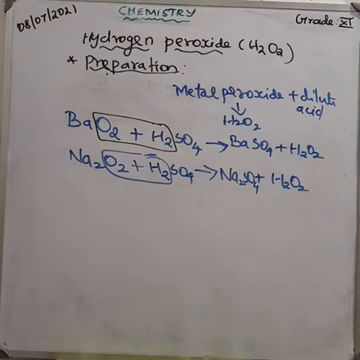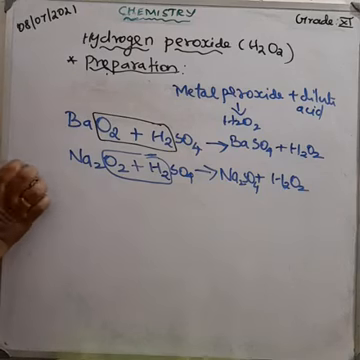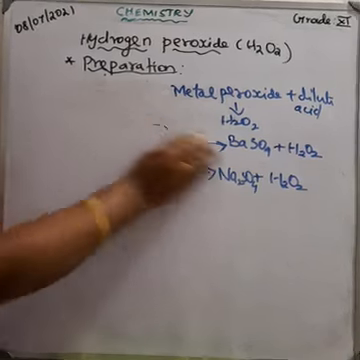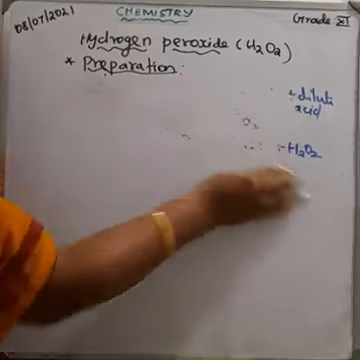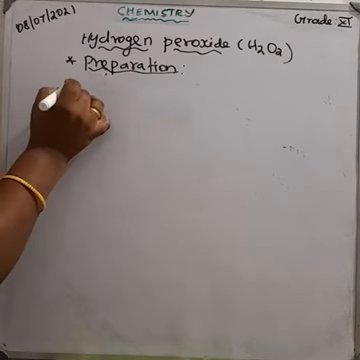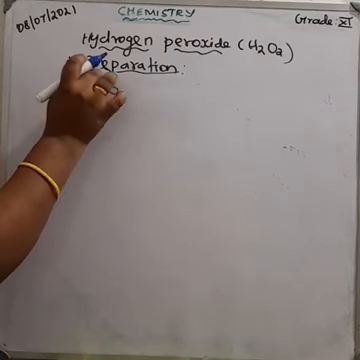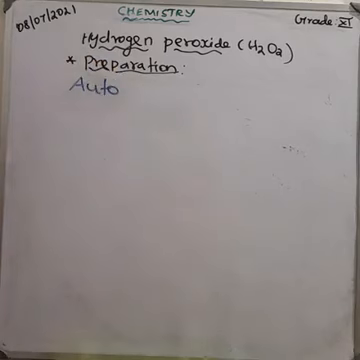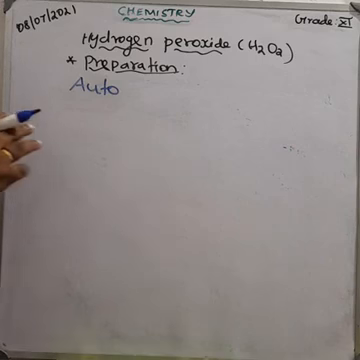On an industrial scale, meaning large scale, how can you prepare hydrogen peroxide? Here we are taking auto-oxidation of 2-alkyl anthraquinol. These two reactions are laboratory preparations; we cannot prepare large scale with them. Hydrogen peroxide we can prepare on a large scale by the auto-oxidation of